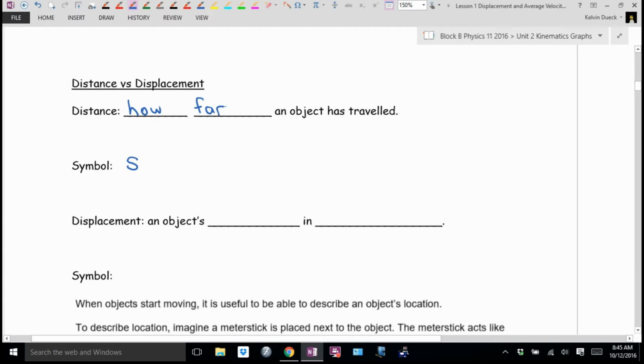I hate it, because that looks an awful lot like the number 5, and especially when I write, my 5's and s's look the same. Also, a lowercase s is the unit for time, seconds, and it gets confusing. So although that's the correct symbol,